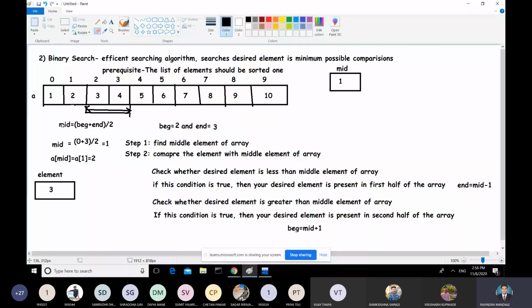Okay. And now again you need to calculate the mid. Okay. So see, we have executed the while loop, and now this part is executed.